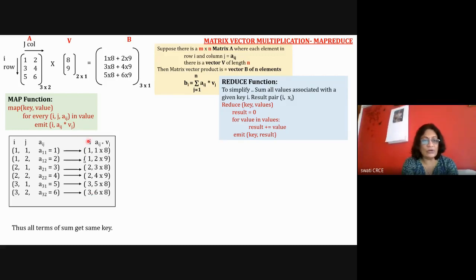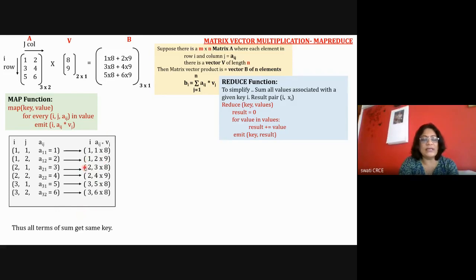Now this is given to the shuffler. What is the shuffler's job? The shuffler is done by the Hadoop framework, and the shuffler is going to look at the keys. The key here is the first column, i. The shuffler is going to look at these keys and do the sorting operation. It will shuffle all these keys, which are lying on different data nodes.